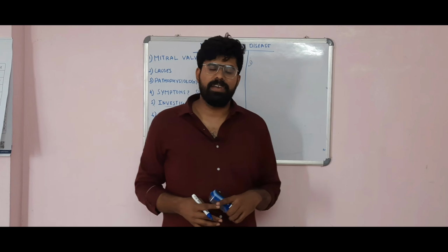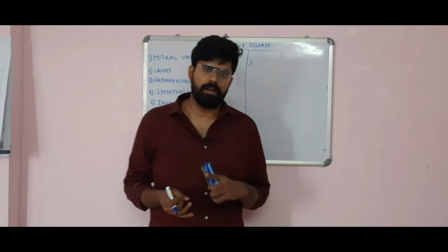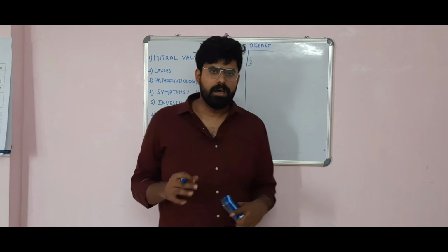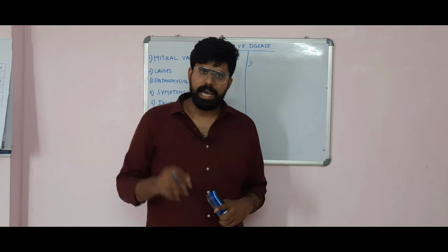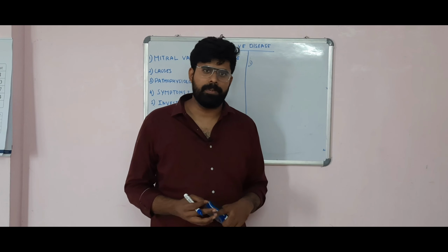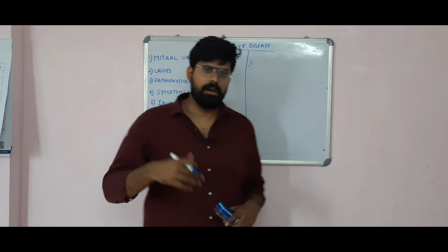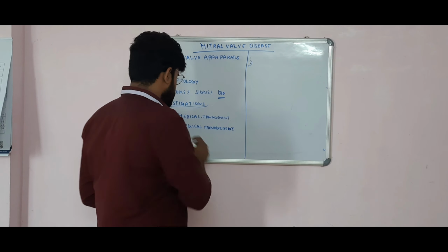If the patient is having atrial fibrillation, then you have to go for rate control with a beta blocker, a calcium channel blocker, or digoxin, or you have to go for anticoagulation. Anticoagulation must be done only with warfarin. The newer anticoagulants like rivaroxaban and apixaban are not approved for treatment in a case of rheumatic heart disease. How do you treat? Surgically.